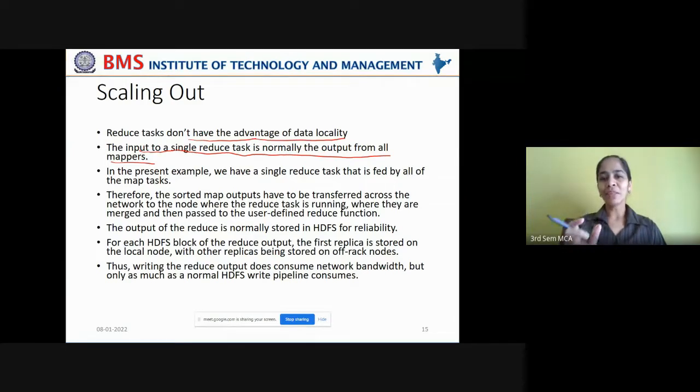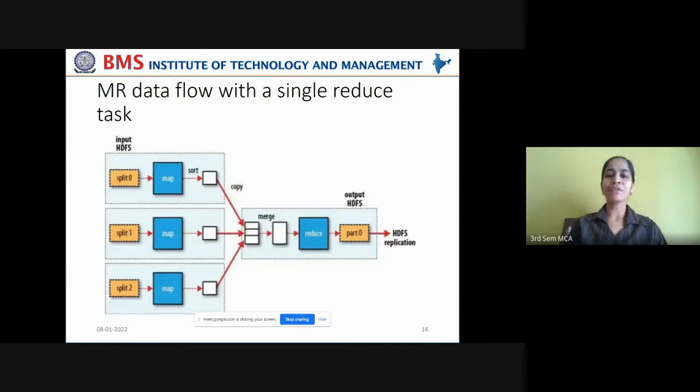So to a single reduce task, the input can come from multiple map tasks. In the present example, we have a single reduce task that is fed by all the map tasks. You can see that there is a single reduce task which is being fed by all the map tasks here. Did you notice this?